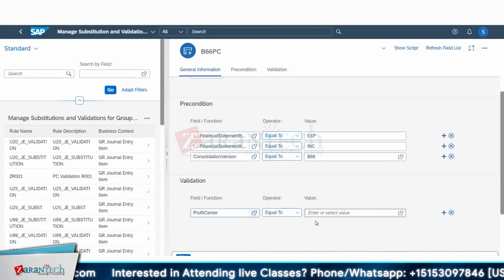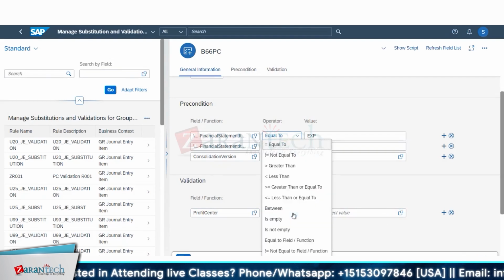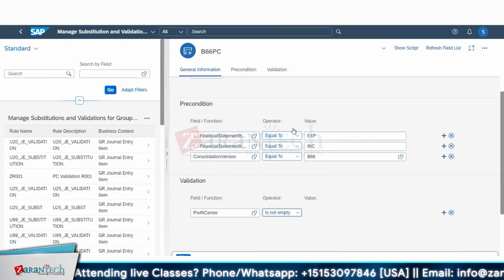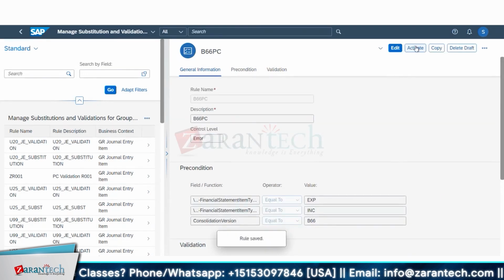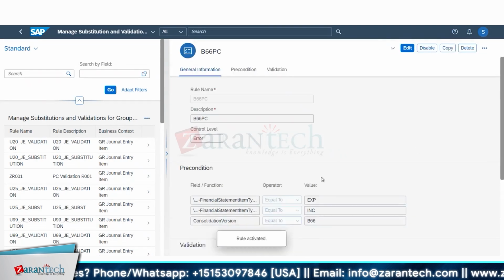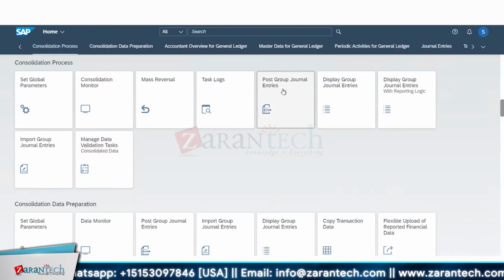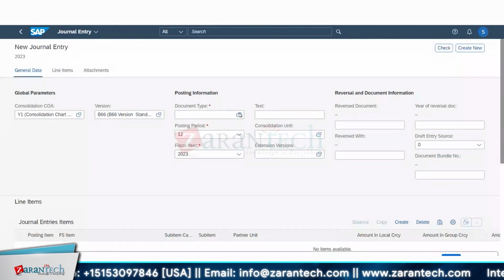So I will use the generic profit center where I'll say it should not be empty. This is not empty. Okay. This is a validation I'm doing. I'll save it and I'm activating it. I activated it. Okay. Now if I go to my post group journals, journal entries, create document type, whatever you